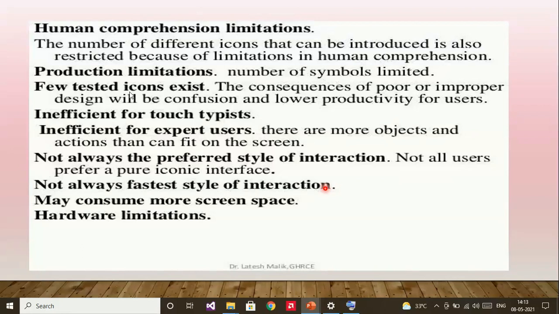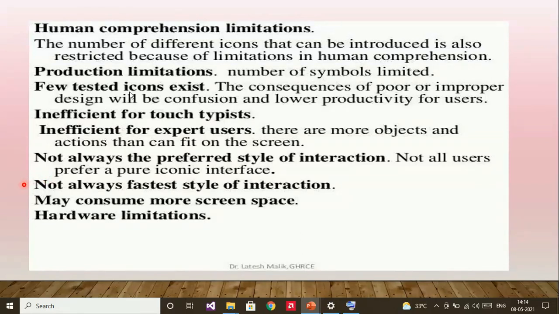Another study has found that graphics instructions on an automated bank teller machine were inferior to textual instructions. So you shouldn't think that an iconic style of interaction will always be very fast. Some prefer textual interaction, which will be very fast.